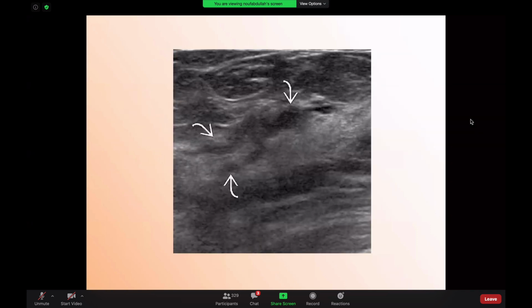And this is just an example. If you look at this image, for example, you see that there is a slightly indistinct margin, focal hypoechoic area. You are not sure if this is a dilated duct only or not. And then you see that there is a branching duct. You have another branching duct. You have an echogenic component within this duct. This should be suspicious for you, and this would be called a BI-RADS 4 lesion, and you need to biopsy that lesion. So this is BI-RADS 4.